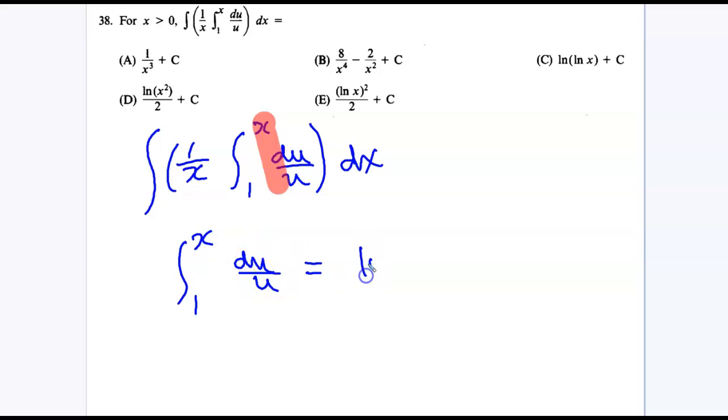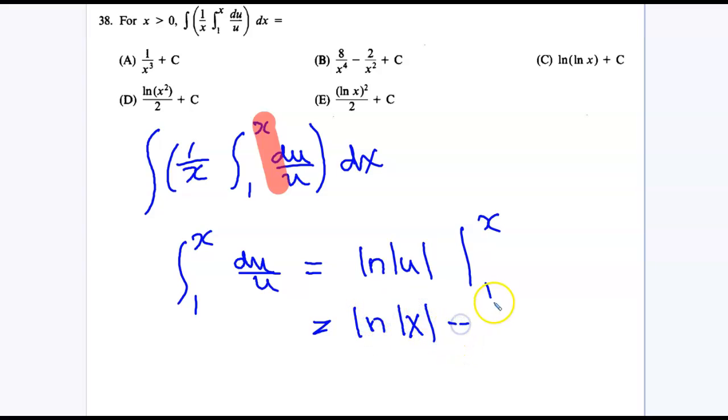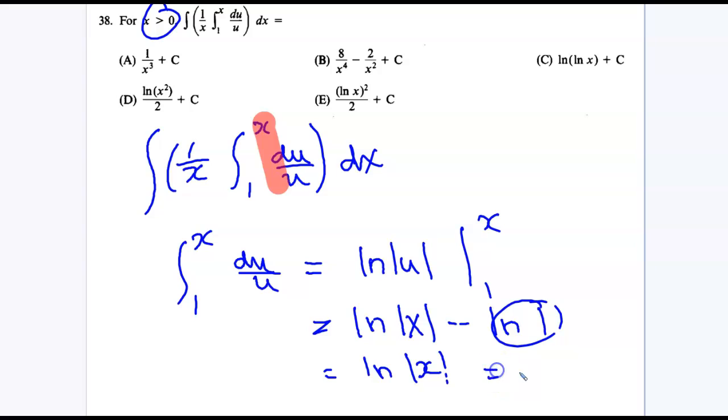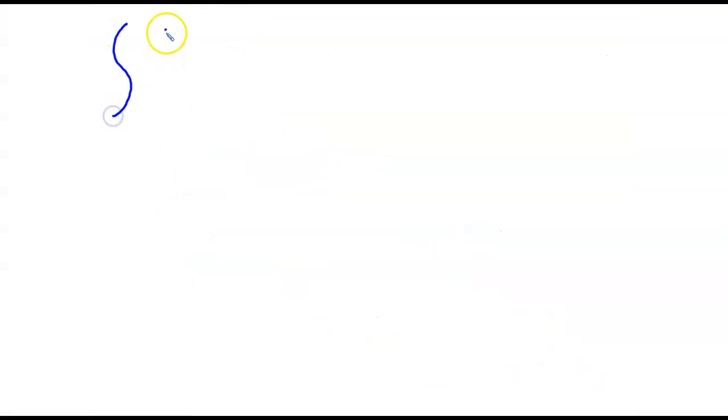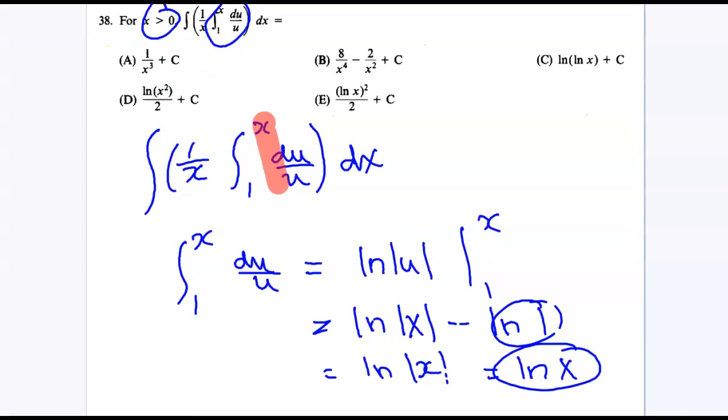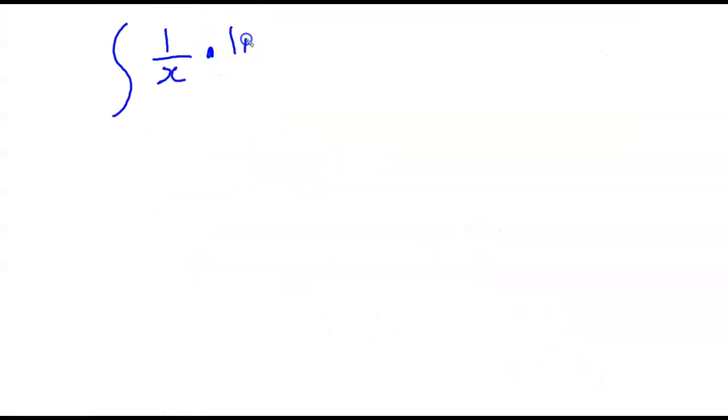The integral of 1 over u is really ln absolute u going from 1 to x. So this is going to become ln absolute x minus ln 1, and ln 1 equals 0. So therefore, this is just going to be ln absolute x. And because x is greater than 0, I don't even need the absolute value sign. So this part right here works out to be ln x. So my equation now is going to be the integral of 1 over x times ln x